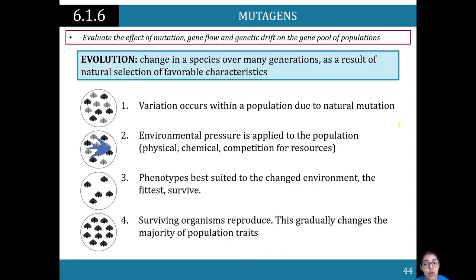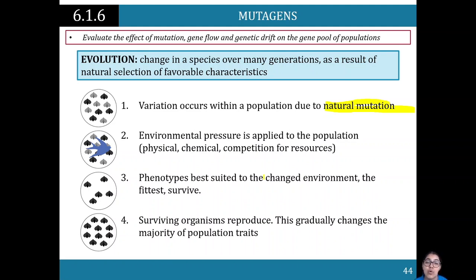Evolution, overall, remember, is the change in a species over many generations. It results as a result of natural selection of favorable characteristics. And remember why we link this back to evolution. It's because we're talking about mutations, how it leads to genetic diversity, and how it can then lead to these specific processes. Remember, variation occurs within a population due to natural selection. Environmental pressure is applied to a population, and phenotypes best suited to the changed environment will survive, and